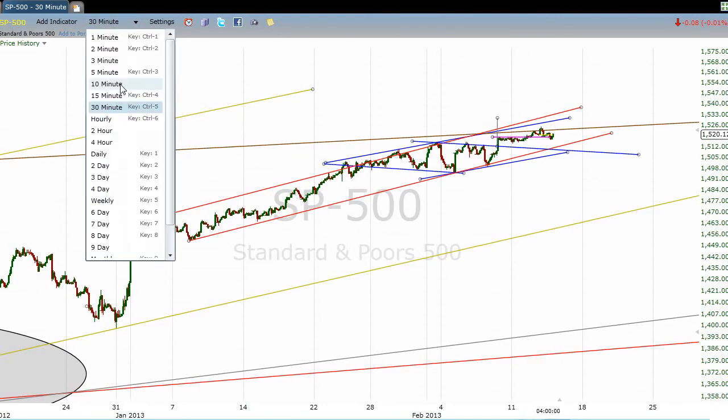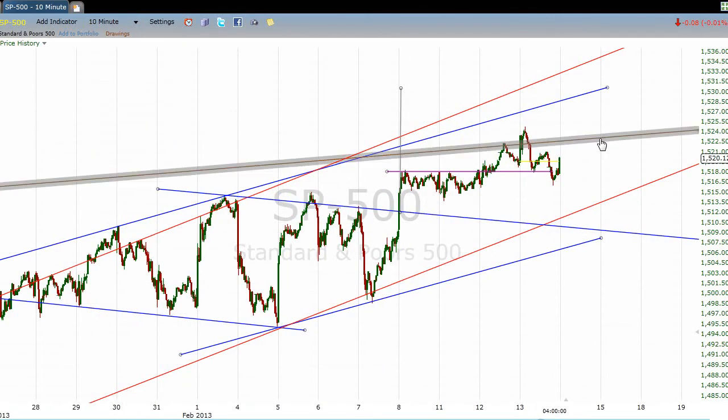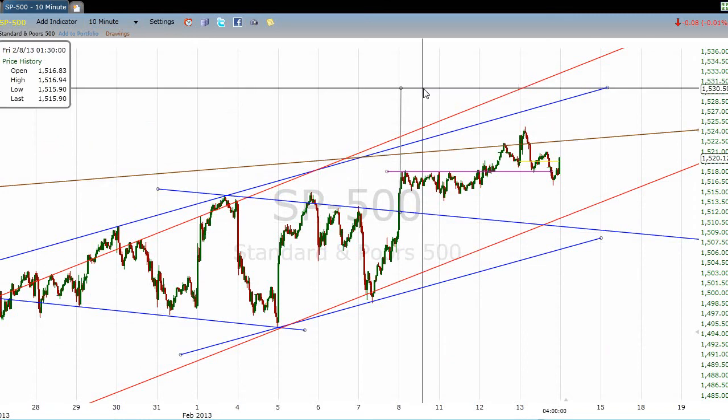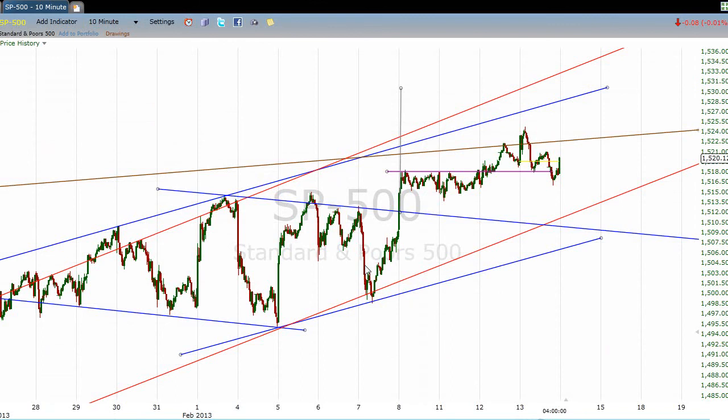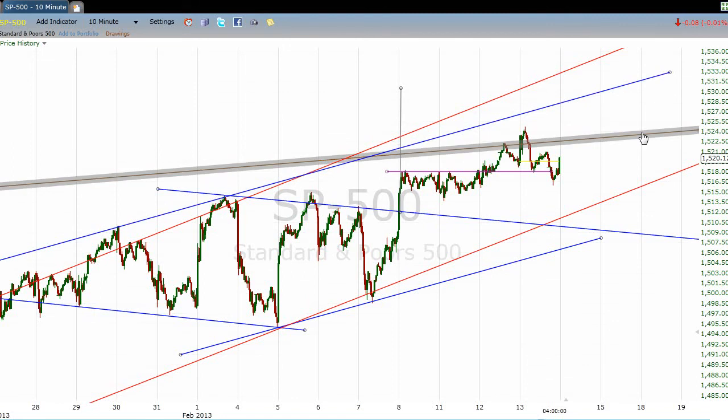So again, here's the conflict. We've got a long-term brown resistance line that is penetrable, as evidenced by 2011. And we have a target of about 1530 based upon the trading that took place in between these 4 blue lines. So, you know, what can I say other than that? We're seeing if this market has the ability to get up to 1530 over this brown line,